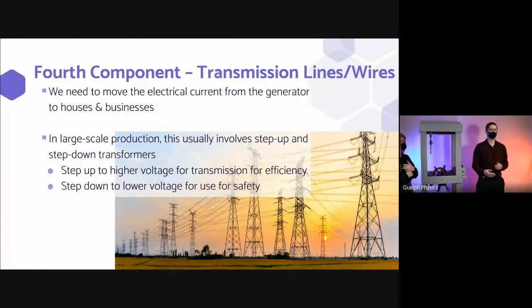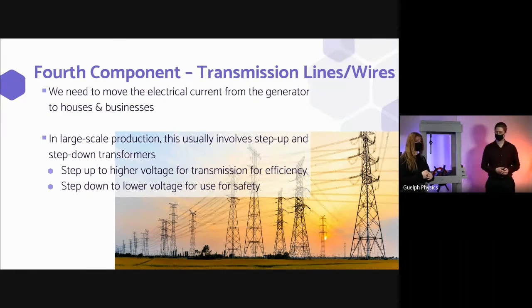There's quite a bit of detail and quite a bit of technology involved. And it's also important to note that there's a safety issue with this. So we're dealing with relatively small amounts of electricity, but it's important to consider the safety and never use electricity without supervision. So now I'm going to bring it back to Emma, and she's going to talk about what we actually use the electricity for. Okay, so if we go to the next slide,